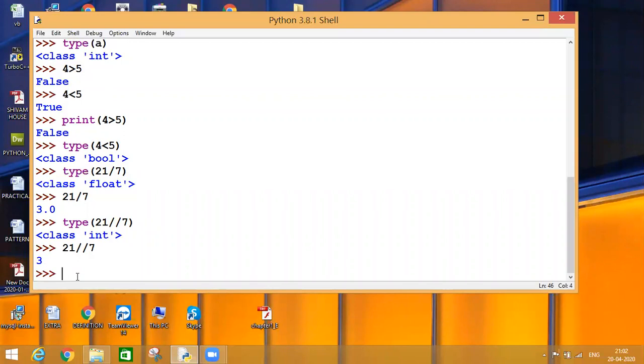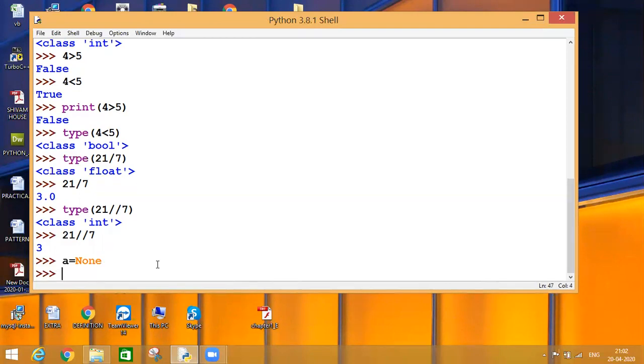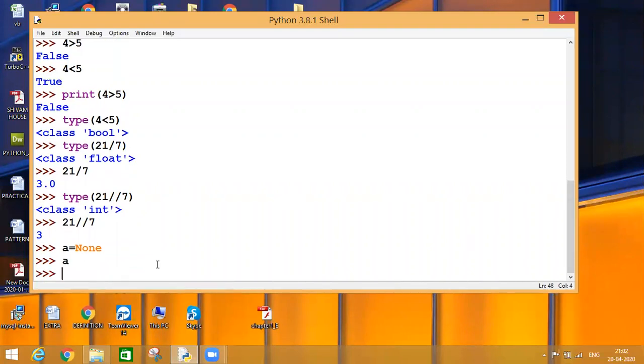Next comes None. If I say A is equal to None, None is always written with a capital N, starting N capital, and the rest in small. So this is again a keyword in Python. A is equal to None. If I print A, it will show me nothing. So what does it mean? I am assigning the value None to A, which means that A will hold a memory space over there, but it will not hold any value.